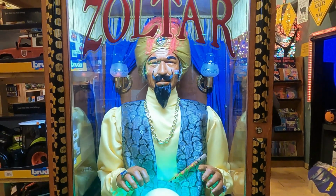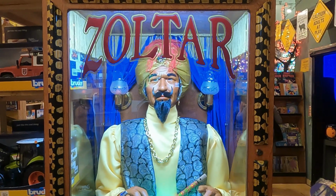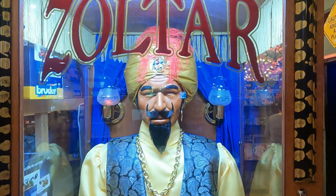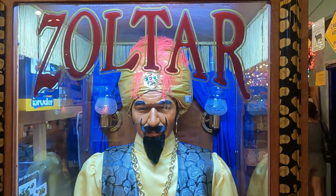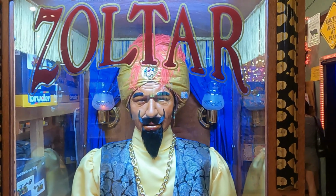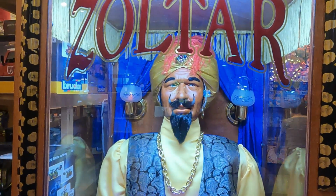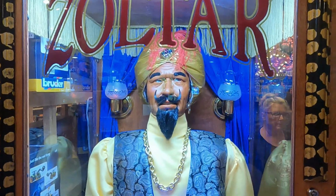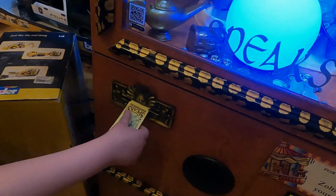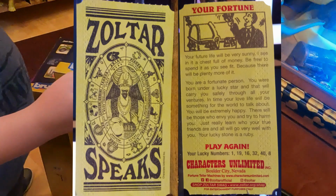Your small payment will reap great benefits if you listen to these words of wisdom from the all-knowing Zoltar. The best place to find a helping hand is at the end of your arm. Yes, you must work for happiness. So go on, take your two hands, get some money out of your pocket, and let Zoltar tell you more. What are you waiting for? Come on over. For a small fee, Zoltar will give you a...